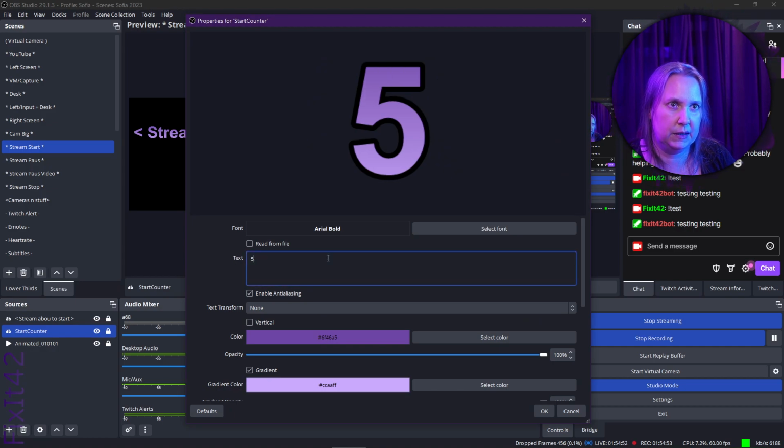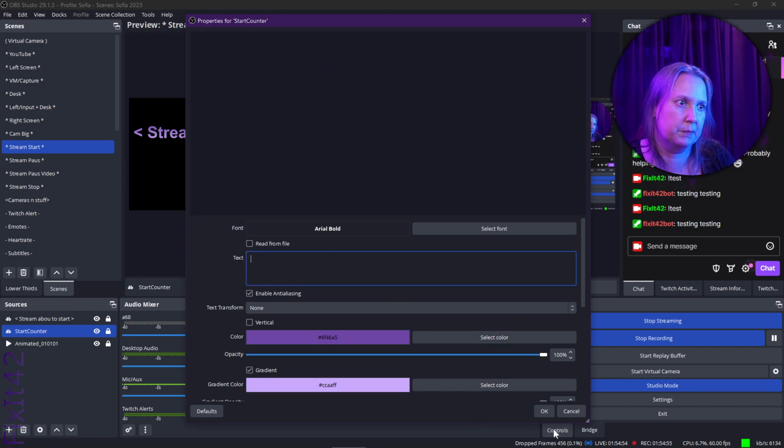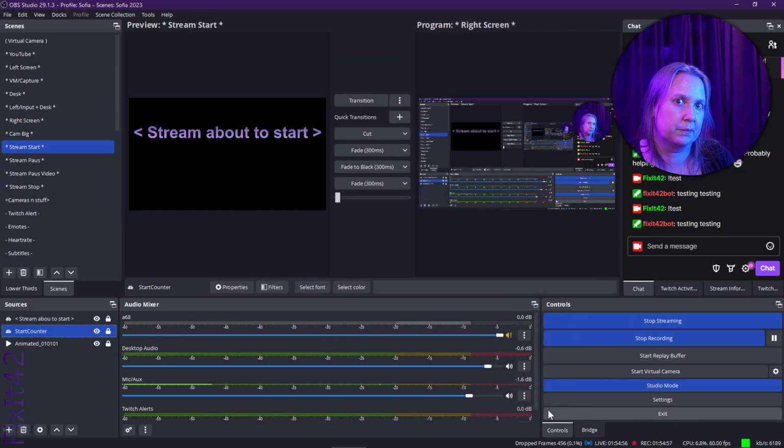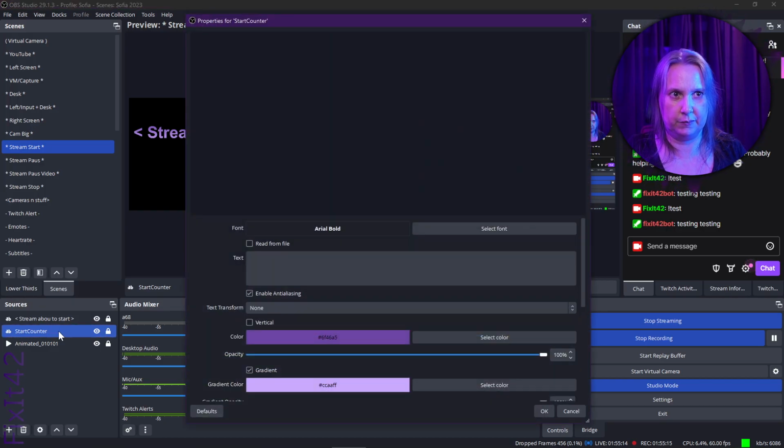So I should be able to change this from OBS. No, from Streamer.bot. So we want to change the value of the start counter text source. So start counter text,